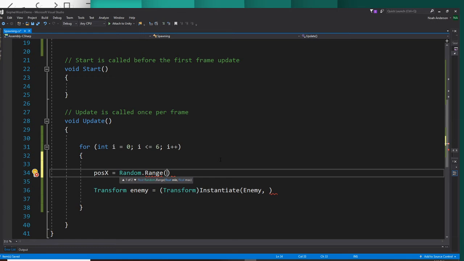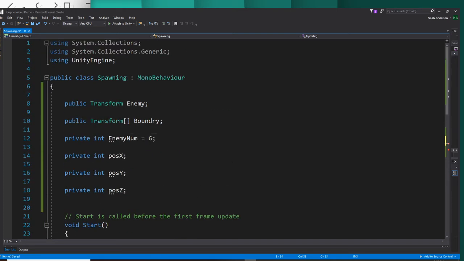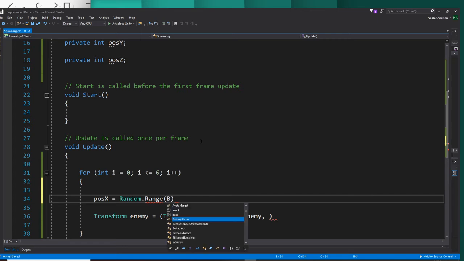So our x position is going to be the random between the left and the right. So remember, we have our post 1 and post 3 on the left, and post 2 and 4 on the right. So we'll go ahead and find the random range between our first and second post. So this will be inside of our array here, which we call boundaries. So we'll go ahead and call boundary, and then use our square brackets, boundary 0. So that's our first boundary, because remember, arrays always start from 0. So boundary 0 dot